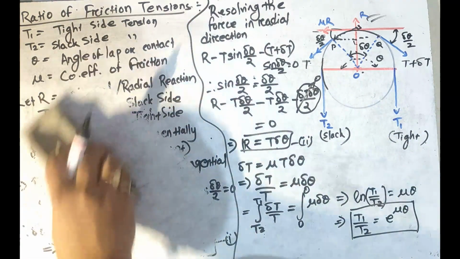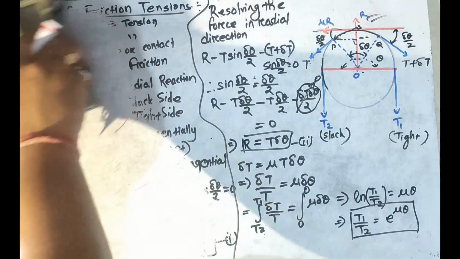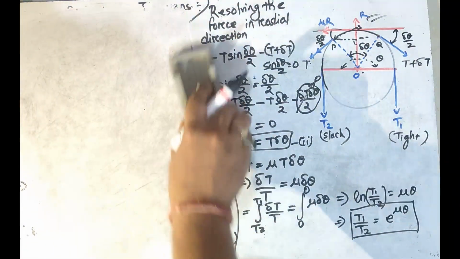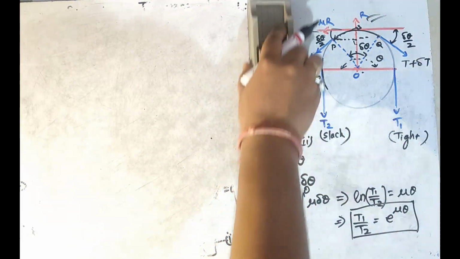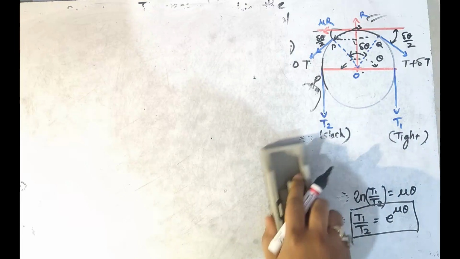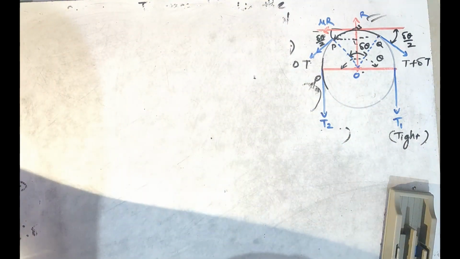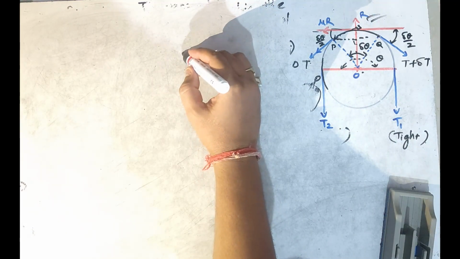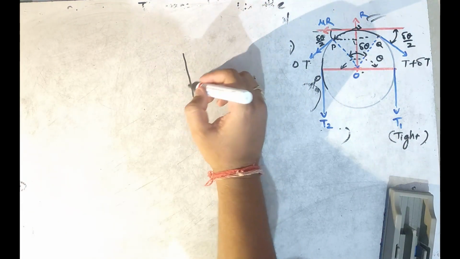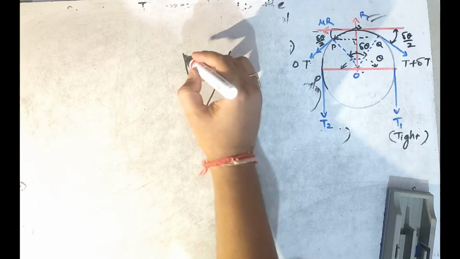So this is for the open belt drive, or simply the flat belt. This is the ratio of the tension that we have derived for the flat belt. Now it can be derived for the V-belt or rope belt drive also. And suppose if the example is asking for the V-belt drive, what will be the free body diagram? Simply the arrangement. So simply the V drive is something like this. Yes or no?